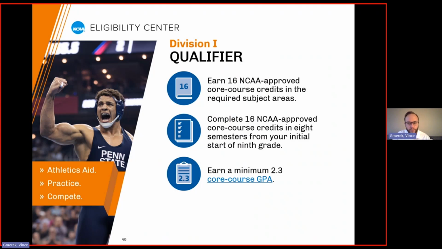It is worth mentioning, though, for international students that the education timeline for your country is going to ultimately be based on the proof of graduation credential that you earn. So make sure to check the international guide to see if you have a different graduation timeline that would allow you to graduate in less than or more than 8 semesters. Some credentials graduate in 10 or 11 years, and other credentials graduate in 12, 13, or 14 years. So you may have many more than 8 semesters to use towards your overall academic certification for eligibility center purposes.